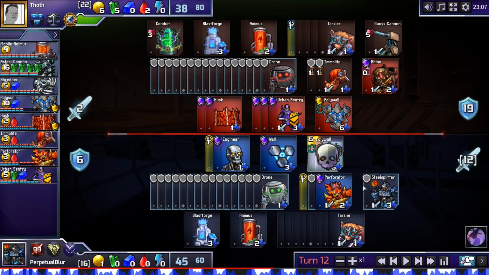We're attacking for about 10 in this cycle, right? 1 Perforator, 8 of these, and this guy. How's the enemy defending 10? Well, they can build a Polywall, absorb here. That's already taken care of 8. They just have to find 2 extra defense,